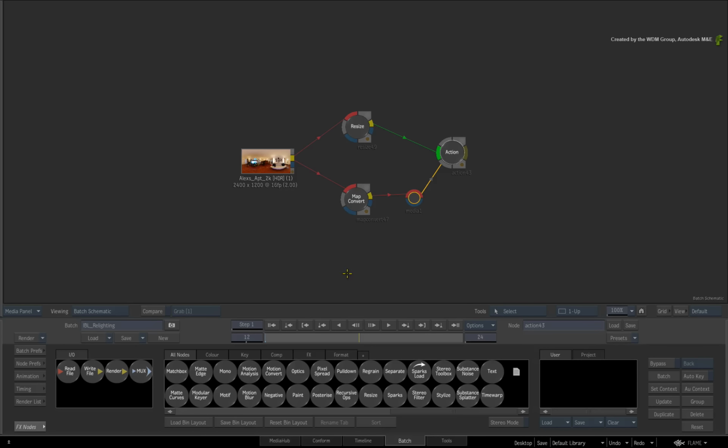In this video, I'm going to show you how you can use the image-based lighting tools in Action to relight multiple layers in your composites. This is very handy when you are keying work and your layers need to be color matched to the background